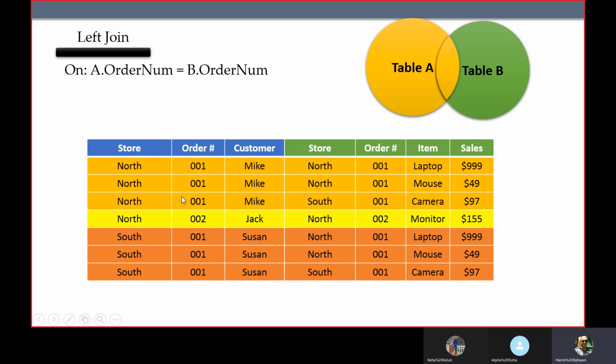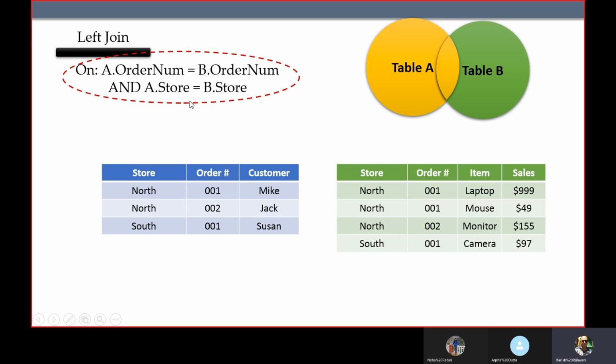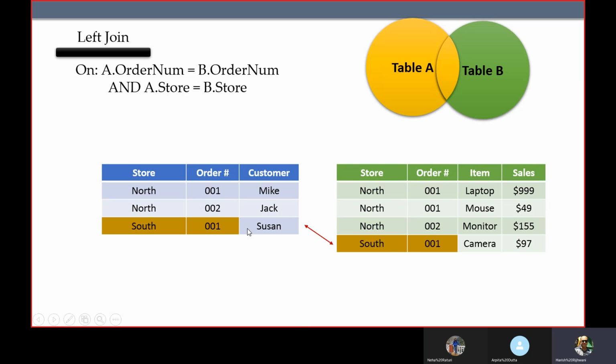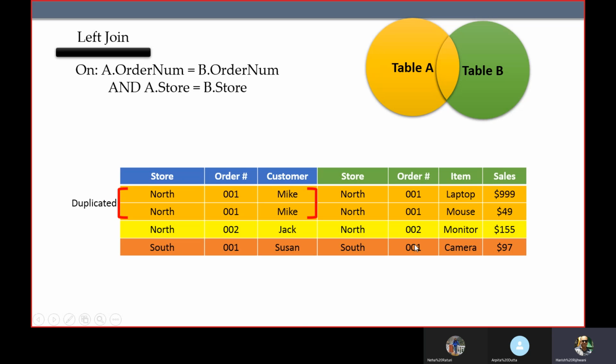So in this case, we cannot join only on the order number. We need to join on both the order number and the store. So when that happens, north store 001 order matches for 2 records, 002 for 1 record, and 001 for the south store matches for 1 record. Now this comes out correctly.